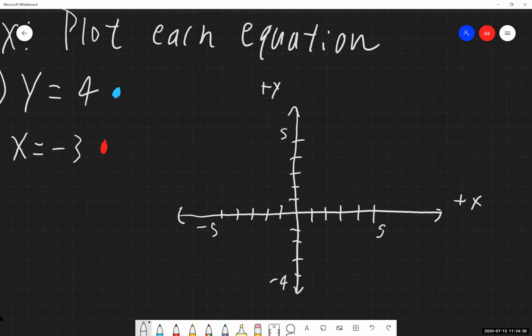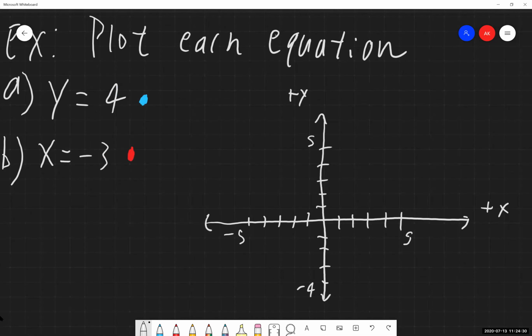Now, looking at our first equation that we have, y equals 4, if we know in our heads that is a horizontal line, great. So we know what that thing is going to look like. It's just going to be horizontal. So now I need to determine, okay, where is it going to be horizontal? Is it going to be horizontal way up here? Is it going to be horizontal way down here? Where is it going to be at? And the giveaway with this, we're told y is equal to 4.